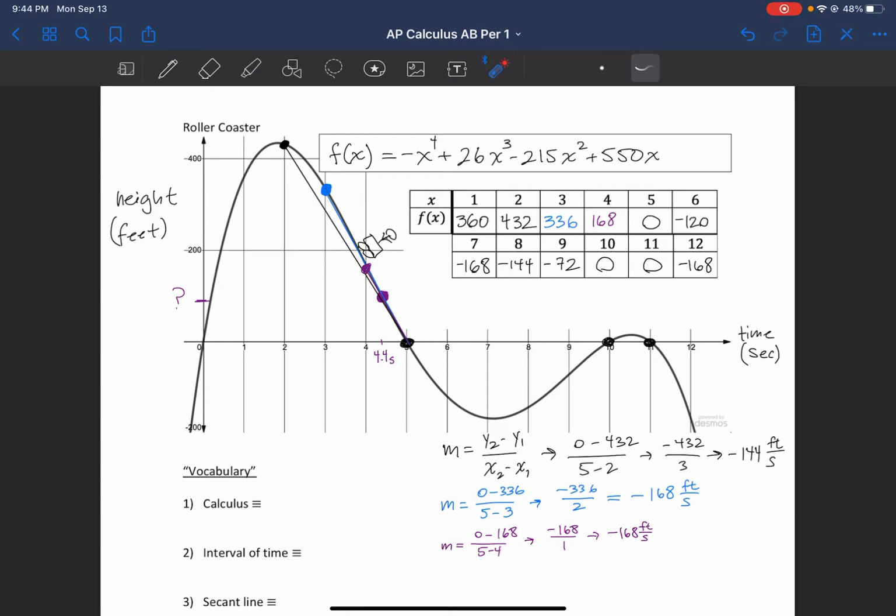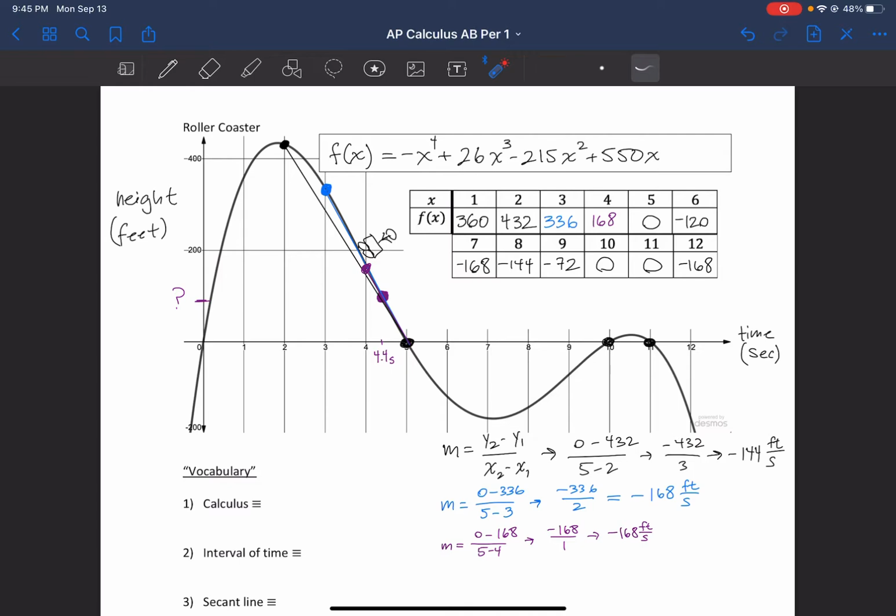So far here, what we've done is figure out the slope of 3 secant lines. Those 3 right there, right? The reason we're doing that is because we want to find a very close slope when the time is 4.4 seconds. We've been analyzing 3 different lines getting closer and closer when time is 4.4 seconds. We've been changing things up. So in this case,